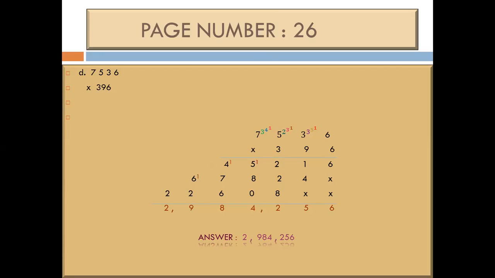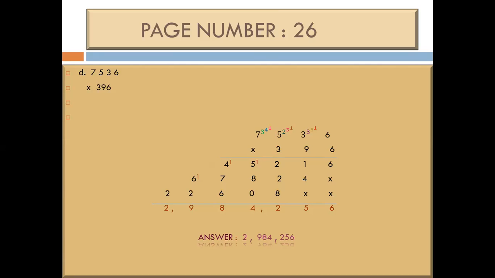Now is the turn of the answer. We add these numbers. 6, 4 plus 1 is 5. In the 100 place there are how many numbers? 3 numbers are there. 8 plus 2 plus 2. 8 and 2, 10. 10 and 2, 12. We write here 2 and carry 1. 5 and 1, 6. 6 and 8, 14. 4 and we carry 1 there.